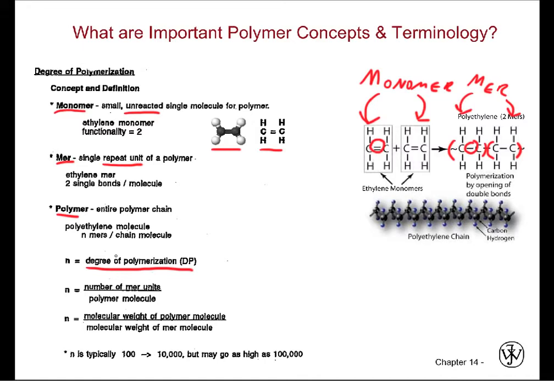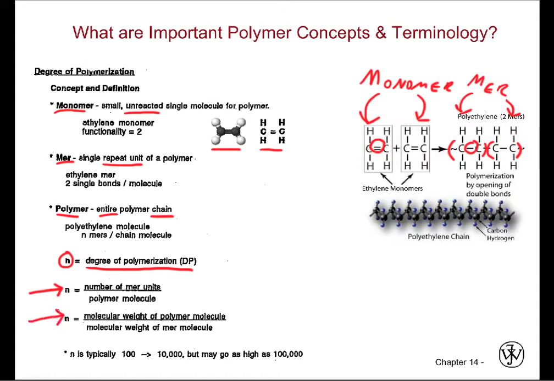Remember it well. Now, the polymer, as stated previously, is the entire chain. So we're referring to the entire chain when we talk about the polymer. The next term is the degree of polymerization. It is abbreviated as a lowercase n, and it is a measure of the number of mer units per polymer molecule. It is also found by dividing the molecular weight of the polymer molecule by the molecular weight of the